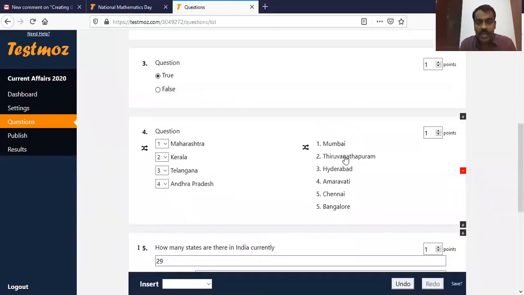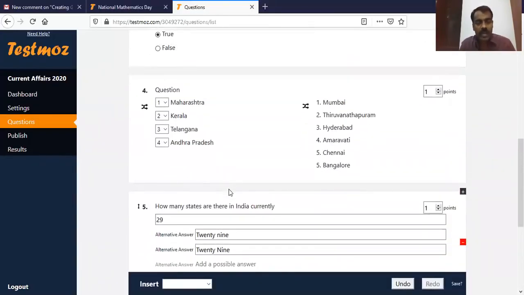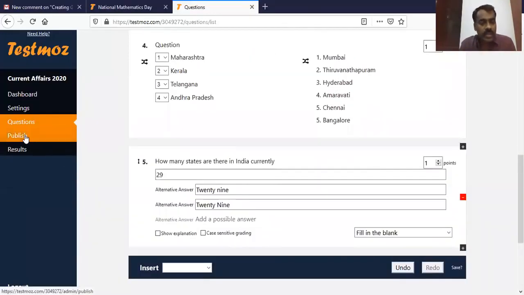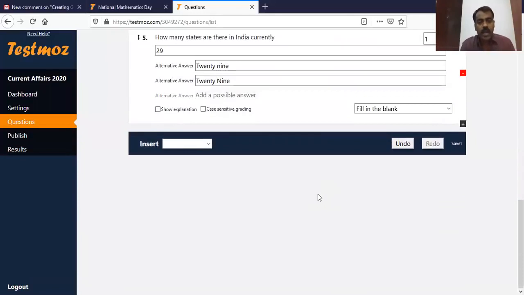After creating such type of questions, how many we want, we can create. Then we go to next. So for example, if you want to prepare 10 or 15 questions or 25 questions, prepare those questions. And for free users, we can type maximum 50 questions. So 50 questions are allowed per test for free users. But usually 50 questions is a good number for conducting a test for regular purpose in classroom.